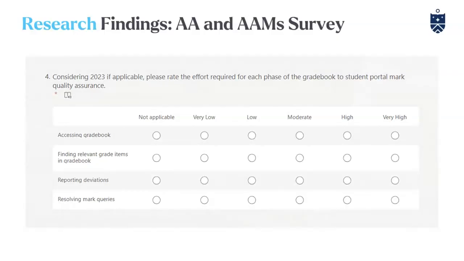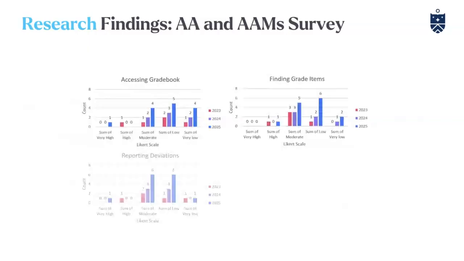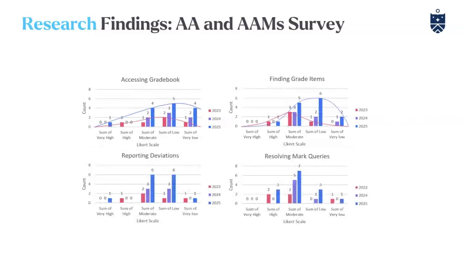And to represent that graphically as well, and then maybe to emphasize some trends there. Again, on the x-axis, you can see the Likert scale, and we're noting the pink line for 2023 in comparison to the blue line for 2025, and there is a general shift to the right on our graph, indicating that in 2025, our academic admins are indicating that there is a drop in the effort required for the tasks that were identified. It's also worth noting that our academic admin teams are generally more comfortable with the tasks that are expected of them, in that the majority of their ranges are within moderate to very low effort, irrespective of the year. All right, then on our next slide.